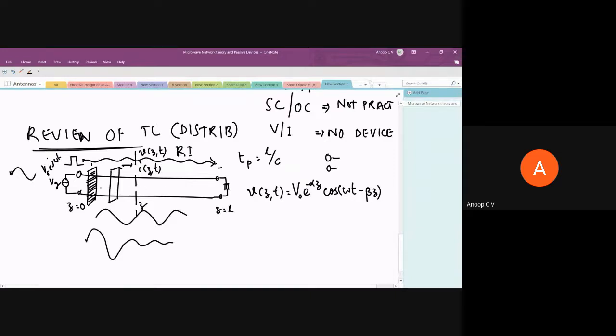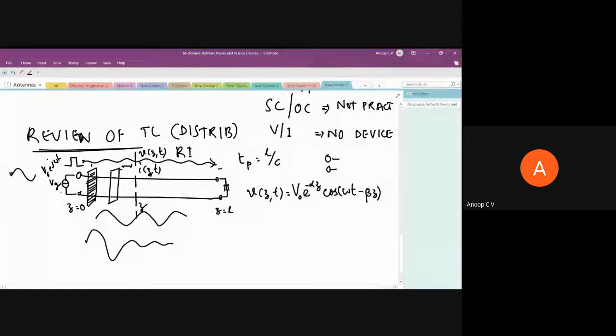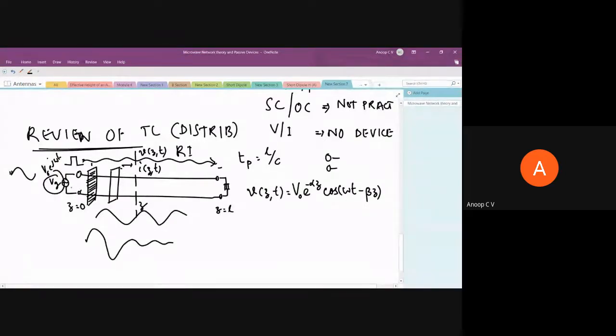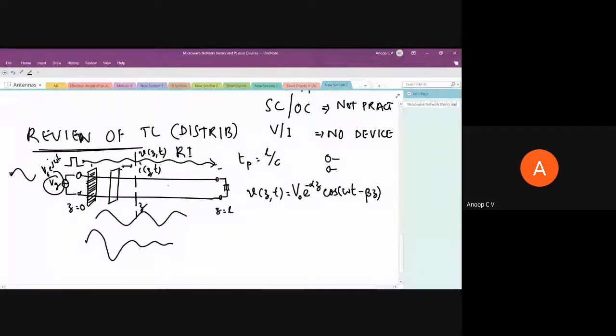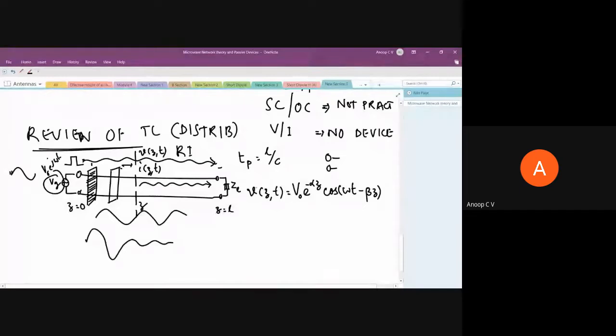If you have a transmission line, and I give some power here, in fact, I should say it's actually energy, but I'll be using the loose term power. In almost all the textbooks, they use power. So some power or energy is traveling from left to right, and it sees a load impedance. If ZL is equal to Z0, that is the characteristic impedance of the transmission line, the entire power will be delivered, no reflection.